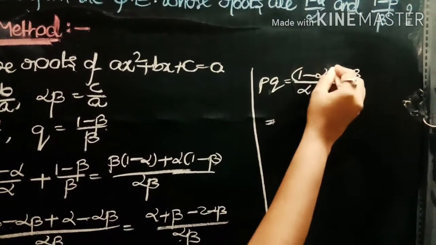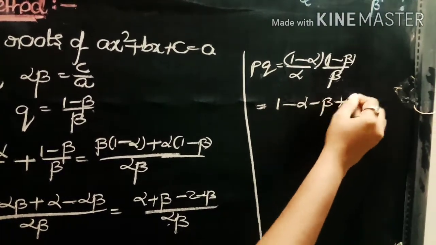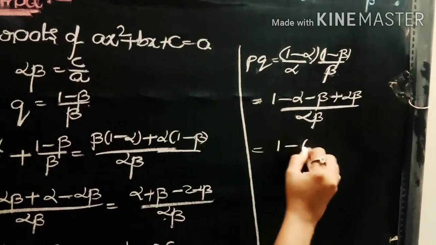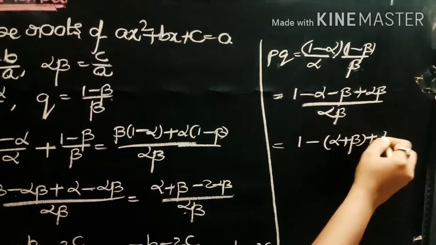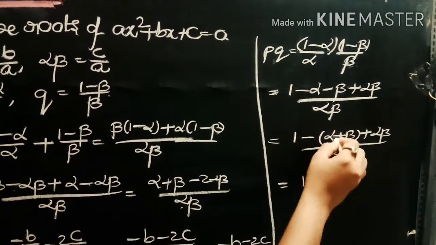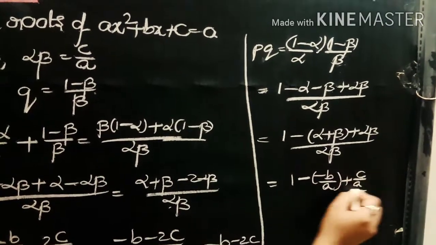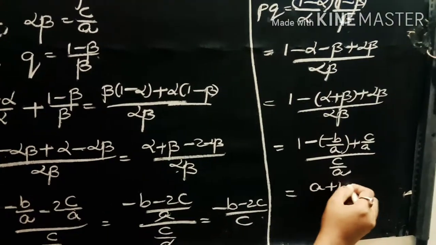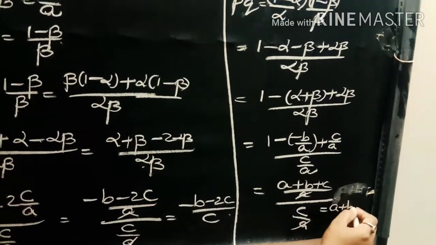Now taking the product of these two terms here, this is (1 minus alpha minus beta plus alpha beta) by alpha beta, and this is 1 minus (alpha plus beta), taking minus common from the second and third terms, plus alpha beta by alpha beta, which is equal to 1 minus (alpha plus beta), that is nothing but minus b by a, plus alpha beta, c by a, whole by c by a. Now taking LCM, (a plus b plus c by a) by c by a, which gives the answer